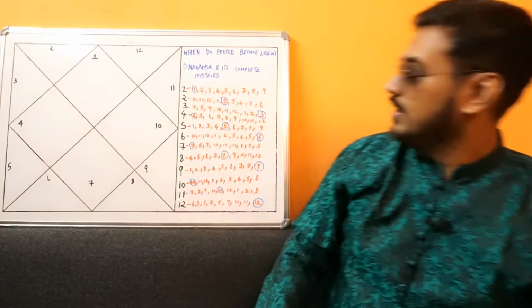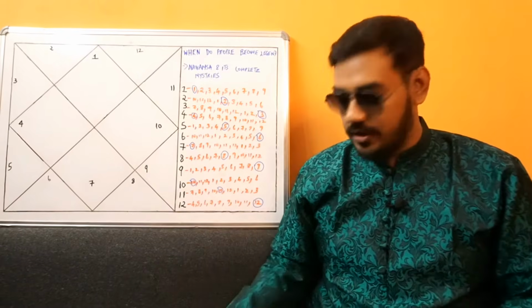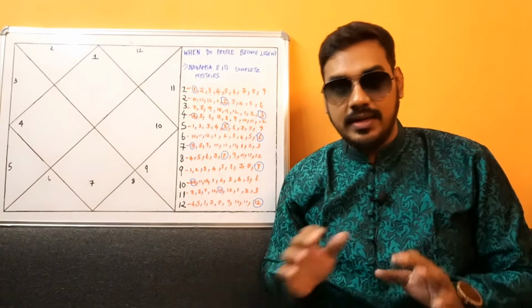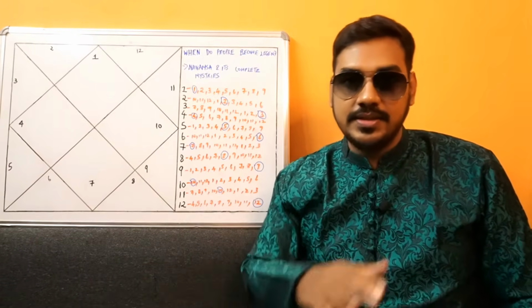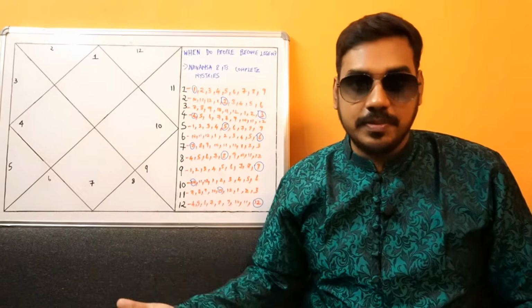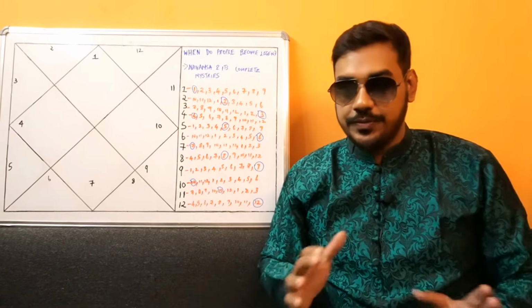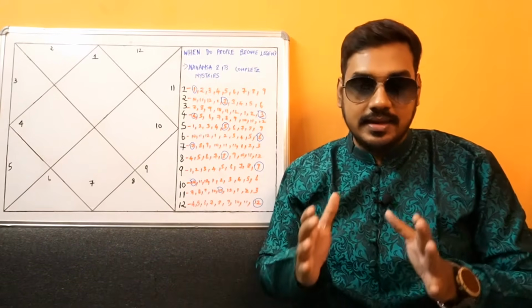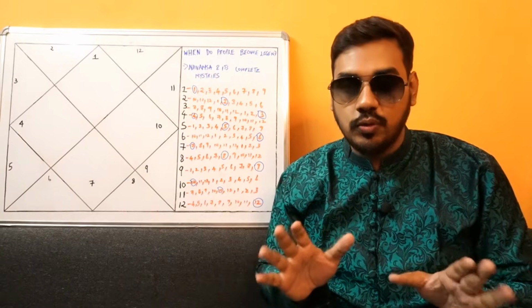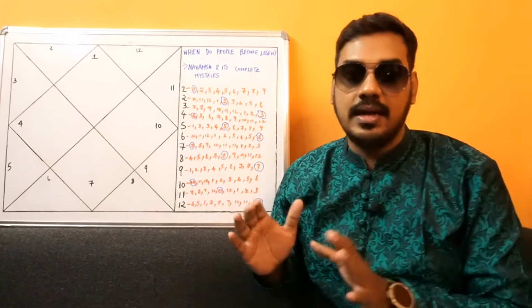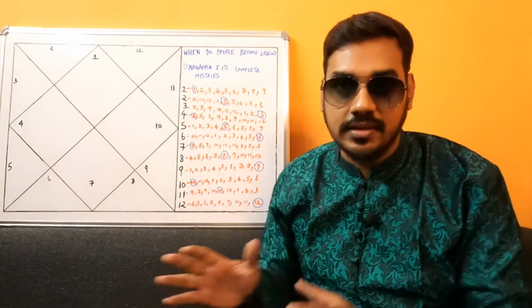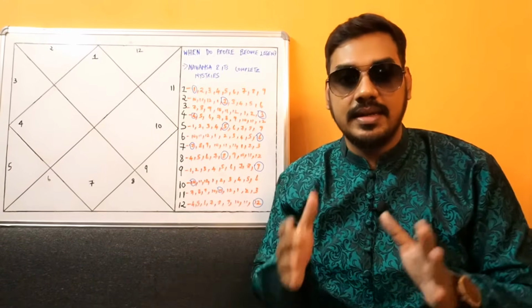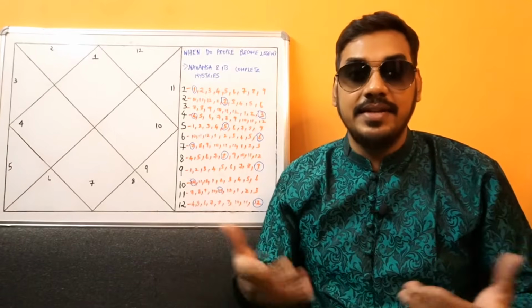All right. So, first of all, I will educate you a little about the basics, the fundamentals, because only if you are aware of the fundamentals, you will be able to grasp what I am saying. All right. So, Navamsa is composed from two words, Nava and Amsha. Nava means 9 and Amsha means division. So, Nava Amsha means 9 divisions. So, 9 divisions of what?